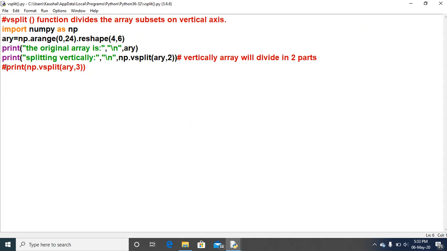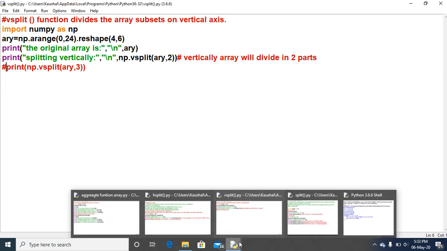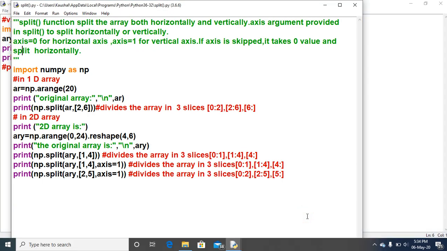We have seen hsplit, vsplit is vertical splitting, and now the last one is the split function. It is something different, but the purpose is the same, to split or extract a subset of an array. So what is the split function?